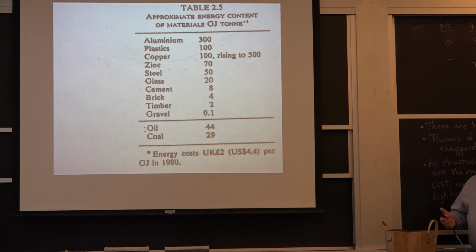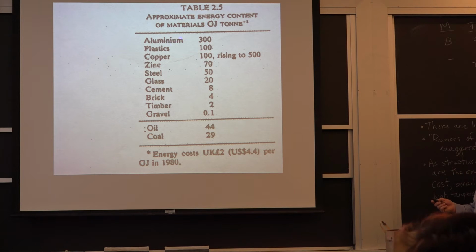Aluminum oxide ore is called bauxite. It's mostly Al2O3 plus OH, okay? It's got some water in it. But basically, it's very, very stable. The free energy of formation of aluminum oxide is very, very high, and it takes about 300 gigajoules per ton to produce aluminum. Plastics, on the other hand, are about 100 gigajoules per ton, and most of that is the energy content of the plastics.